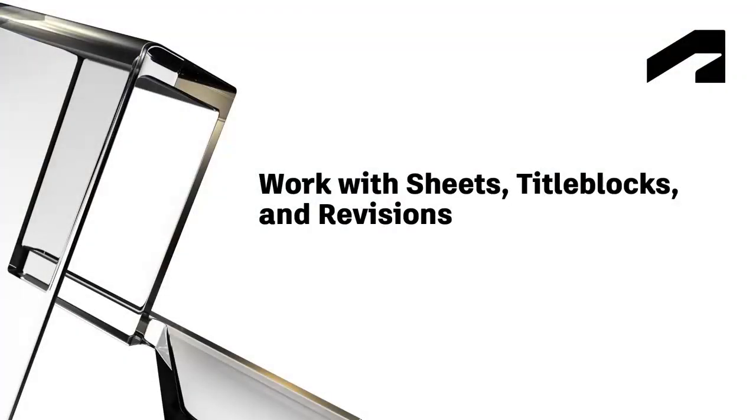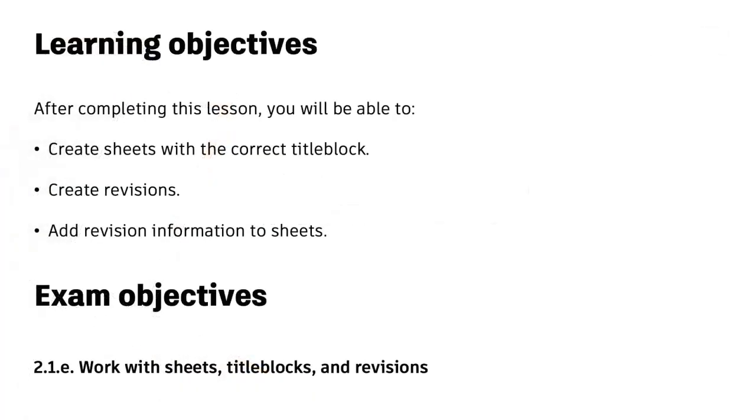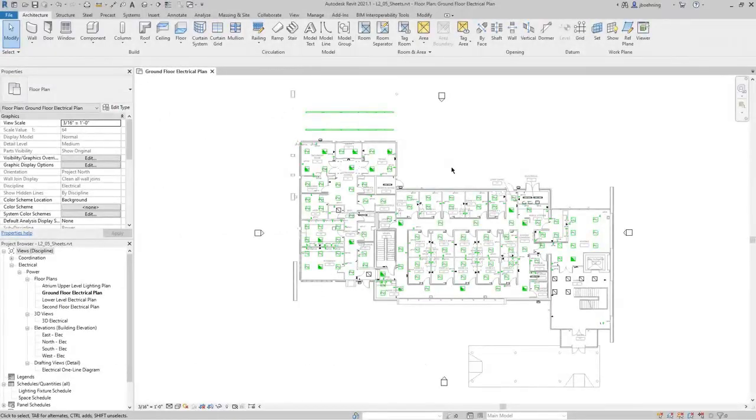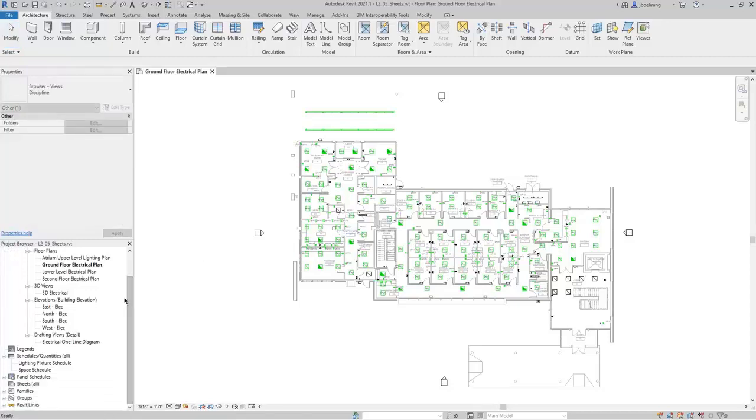In this video, we will cover creating sheets with the correct title block, creating revisions, and adding revision information to sheets. In this project, we'll create a sheet for the ground floor electrical plan view, and then we'll add the view to the sheet. To create a sheet, scroll down to the Sheets branch in the project browser, and then right-click